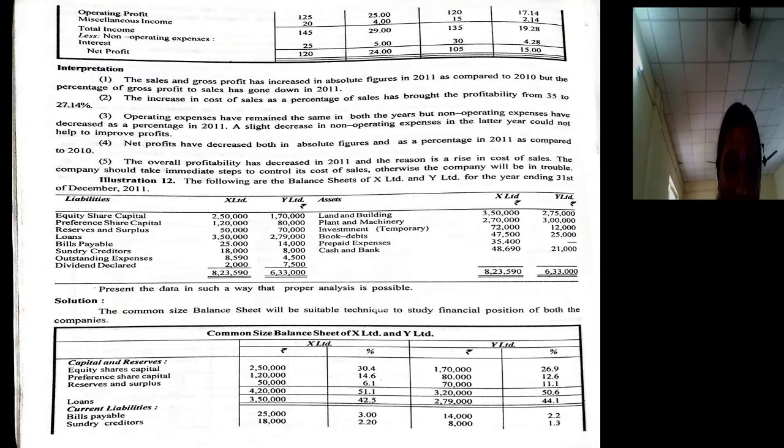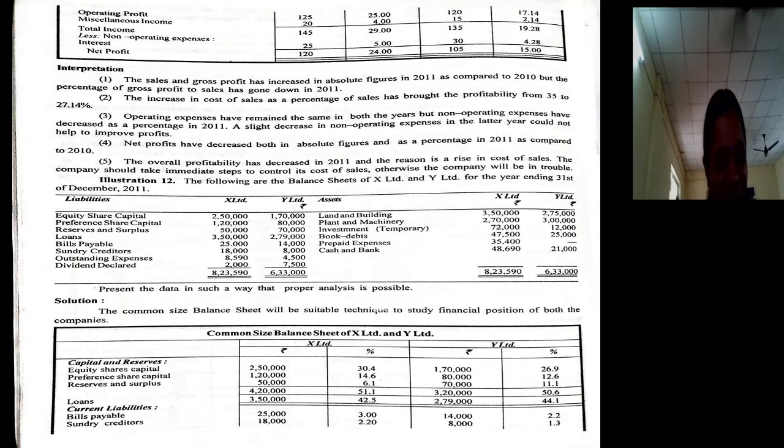But while arranging the items, we should be very careful. Try to understand. We cannot arrange items just like what is there in the balance sheet. You need to arrange items by giving proper heads. You can start with current assets, then investment, then fixed assets. If you start with current assets on the asset side, you need to start with current liability on the liability side, then long-term liability, then share capital and reserve. You can do it in a reverse way also. Here they did it the reverse way.